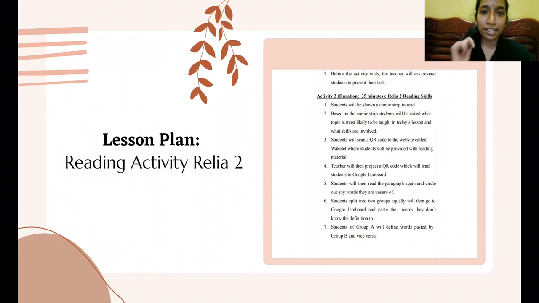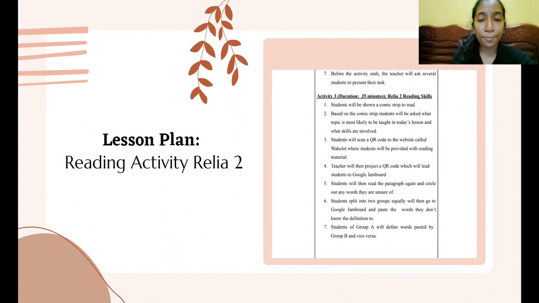This is the Padlet link for the students to enter. And Group B will list down the words which they don't understand under their section of the Jamboard. Now, once they've listed down all the words or vocabularies that they don't understand, Group B students will have to solve or define the words that are present in Group A's submission. They have to submit it alone in the section of the Jamboard, and Group A will have to define the words present in Group B's section.